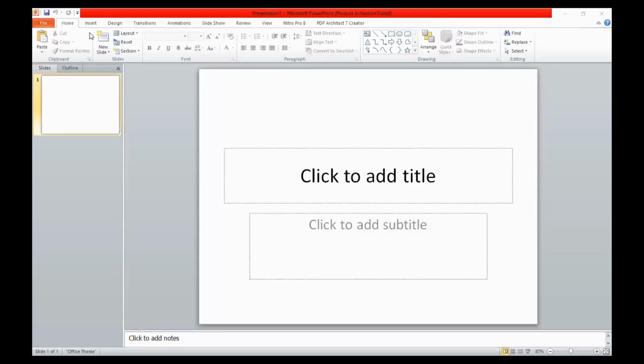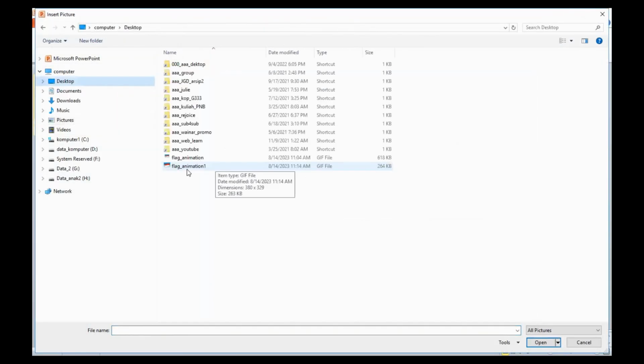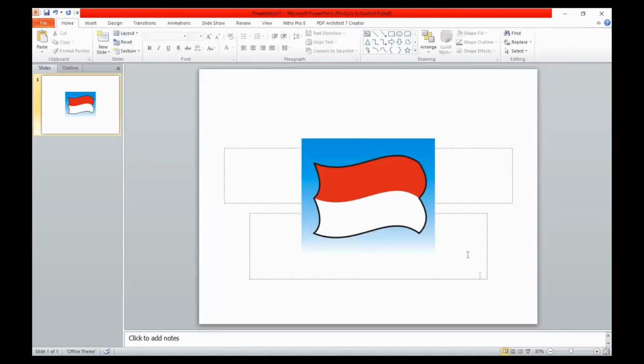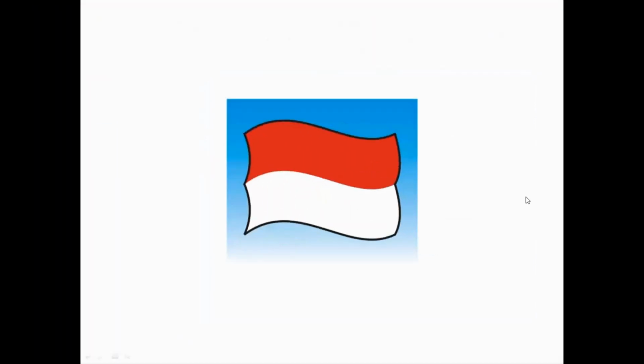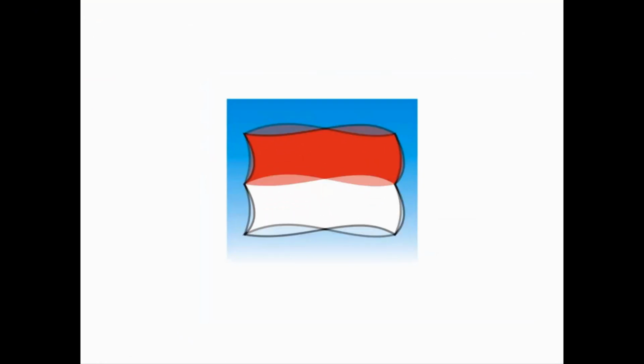We insert picture. I named it flag animation number 1. Okay, insert. Okay, that's it, and try the slideshow. Okay, you see the flag animation will display on PowerPoint.